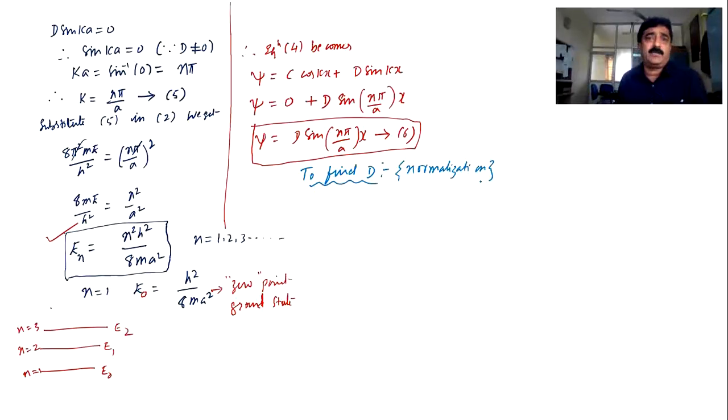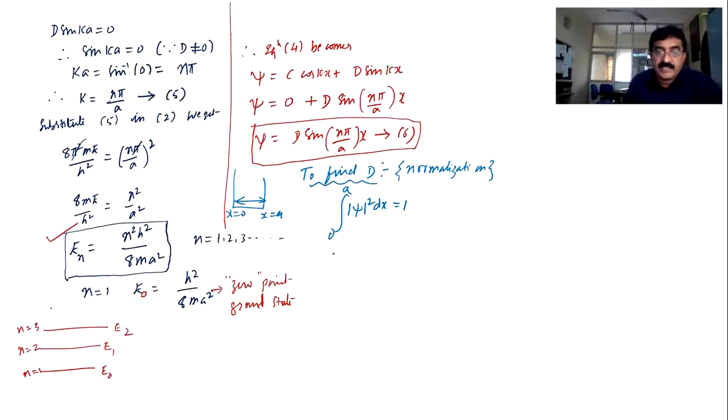See, this is a very lengthy question, that's why I said this is very important. Not only from the point of view of examination, even from the point of view of application of the Schrodinger equation, this is quite important. Now coming to the application, to find the value of the normalization. In my potential well, I have x equal to 0 to x equal to a. So from here to here I have to find the probability. So the integral of modulus of psi square dx equals 1, from 0 to a.